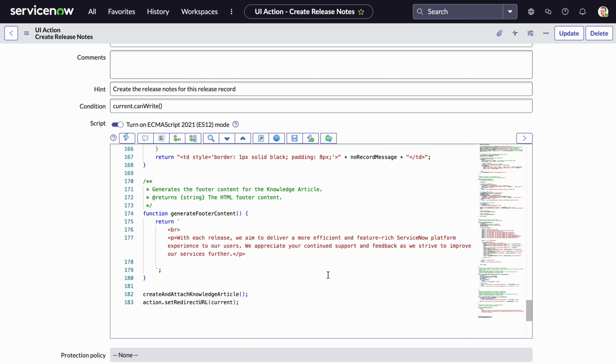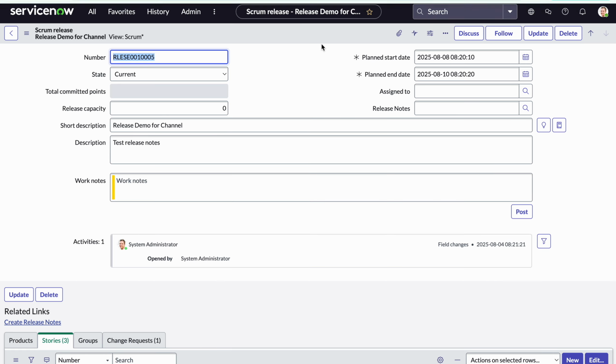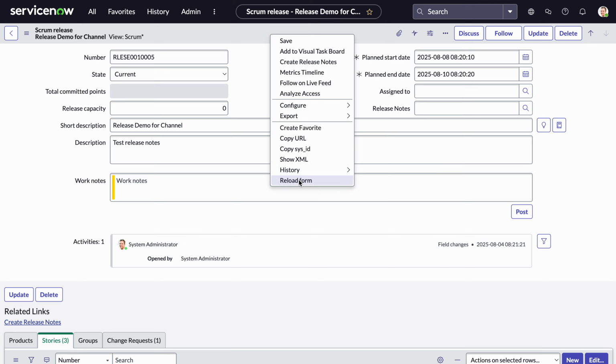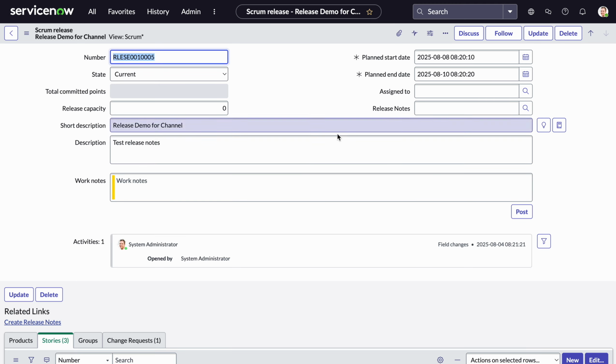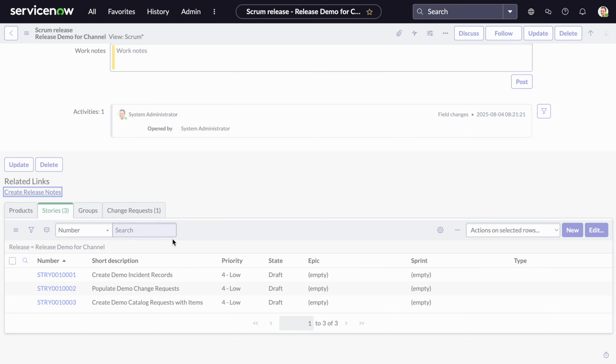So hope that makes sense. What we will do now is look at the end result. So let's go back to our release demo. I'm just going to reload this and do a quick check. We've got a start date, we've got an end date, we have our stories that are related to it, and we've got our change requests. Now if I select this create release notes,